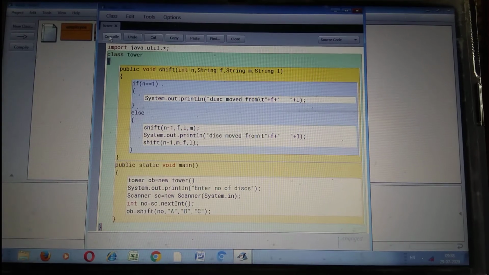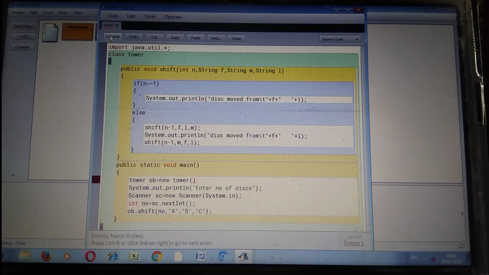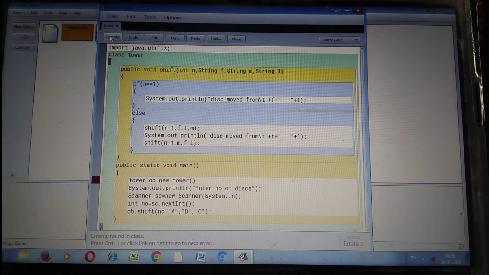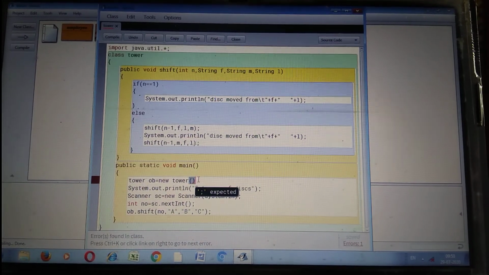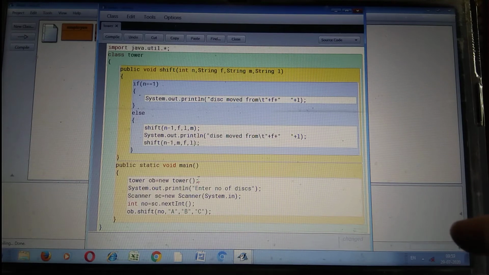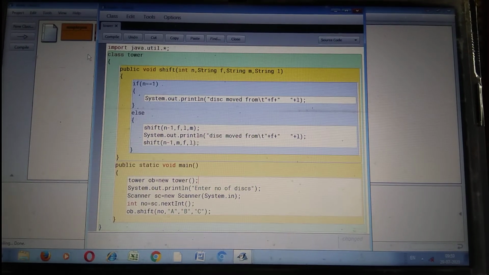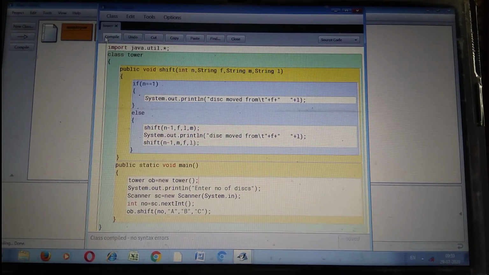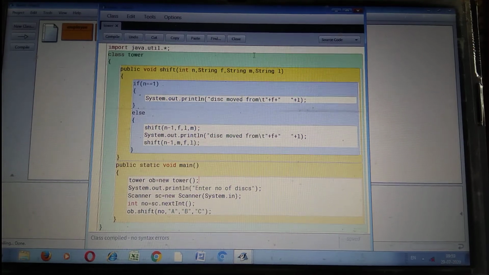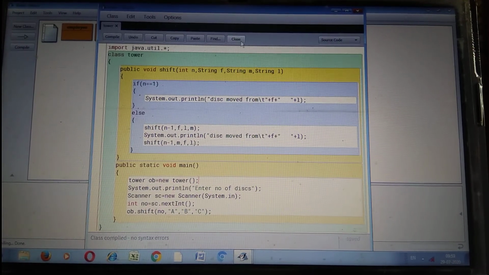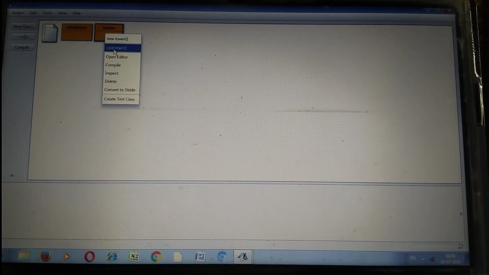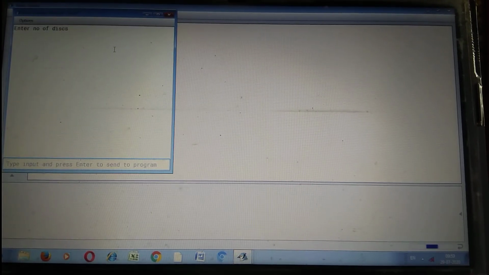Now click on compile. Here is an error. After creating the object, the semicolon is missing. Write the semicolon here. Now click on the compile button. No syntax error. Close this window and open the terminal window. Right click here. Click on void main. Here, number of disks. Suppose the number of disks is 3.